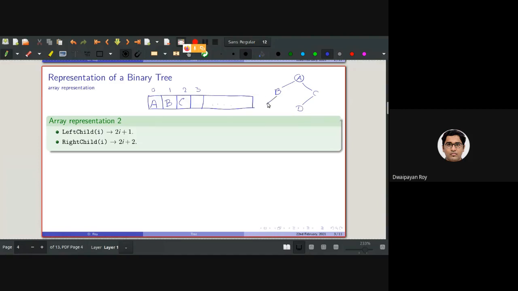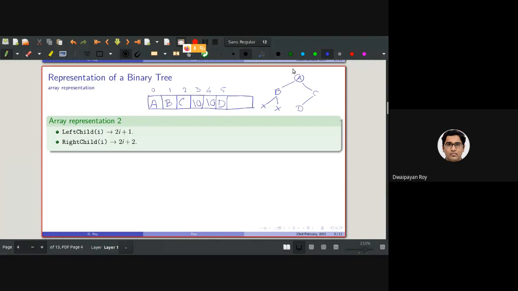So these two positions are kept empty as there is no node here. I have used the /0 to refer to the null tree or null subtree.